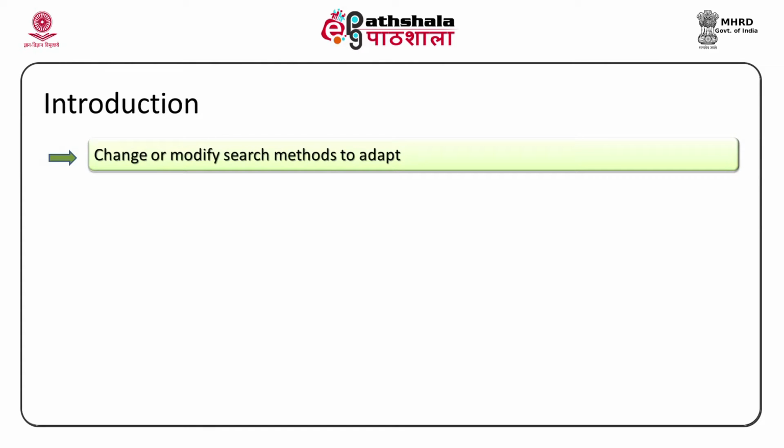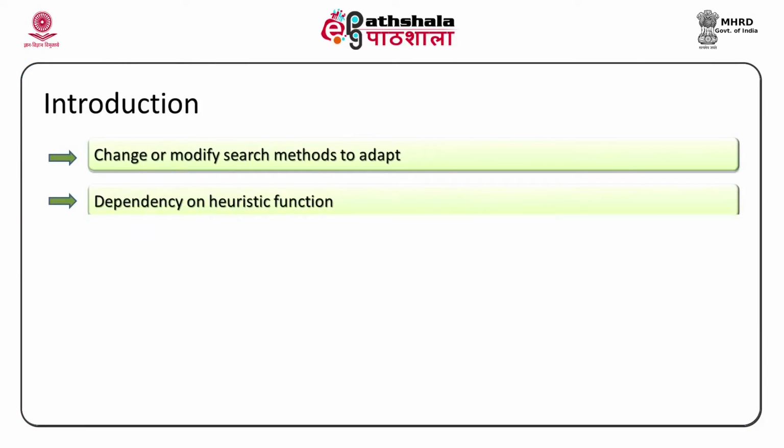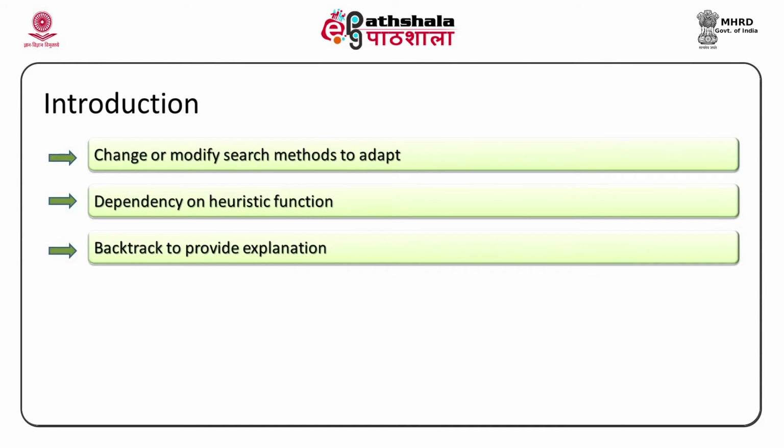Okay, the first thing, we need to change or modify search methods to adapt to situations. Not every situation is the same, not every problem is similar. You need to adapt, you need to tune, you need to adjust to it. Okay, and the first thing is dependency on heuristic function, which I have already told you. Okay, the other problem is whether you need to provide explanation. Now, search method, that is one more problem. See, if search method is traveling in a direction and gets a solution, for example,